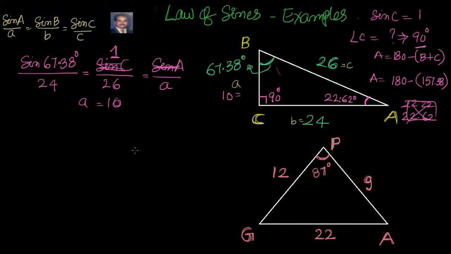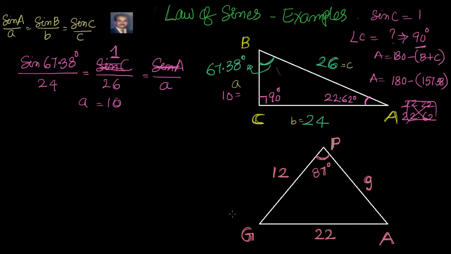Let's move to the next one. Now what we have here. Just before going ahead with the sum, let me say that the shape of the triangle and the angles may not be exactly equal. Whereas here it's a right angle triangle, I have just kept it here. I have just taken a normal triangle. Now tell me how I will write this in the format of sine A by a equals sine B by b equals sine C by c.